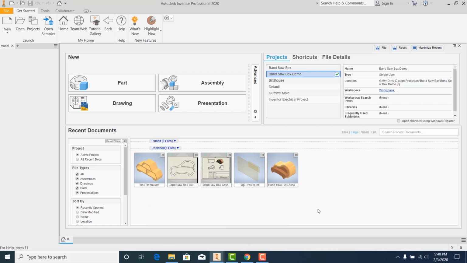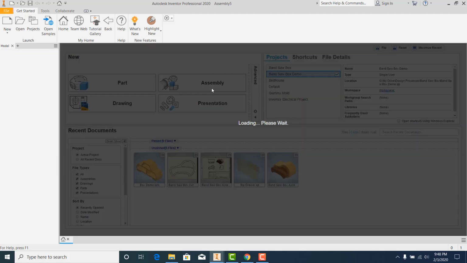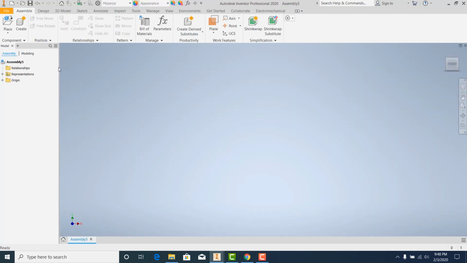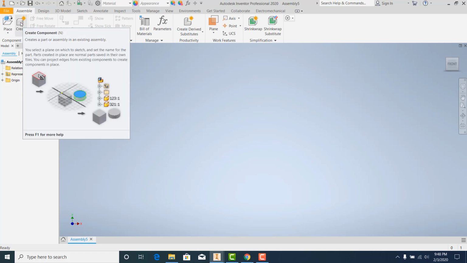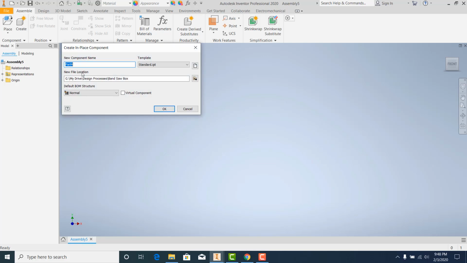Okay, we are going to create this part using an assembly. So I'm going to click on assembly or do file new assembly to open up this environment. And instead of placing parts, we haven't made any parts yet, we're going to actually create parts right there. So we're going to click on create, and the part that I am going to start with is going to be box demo body